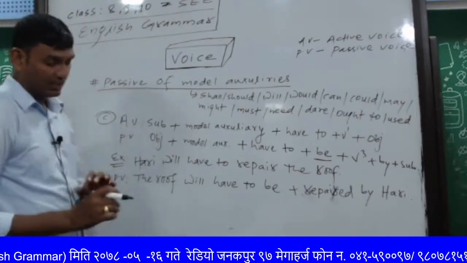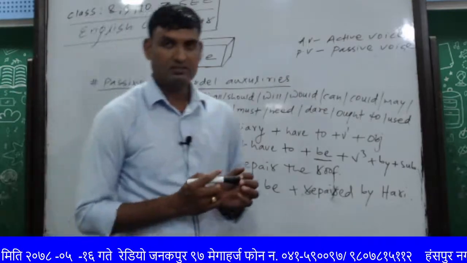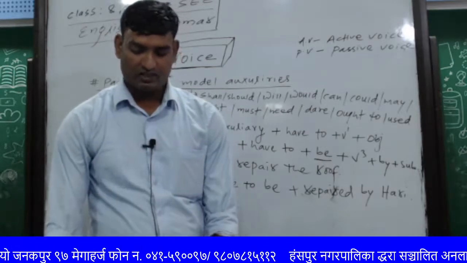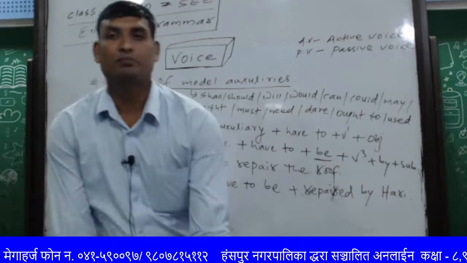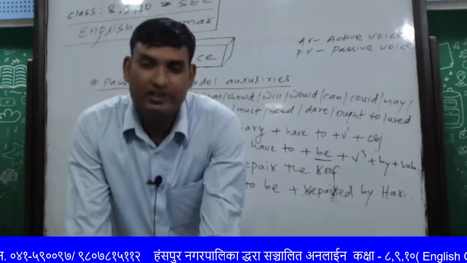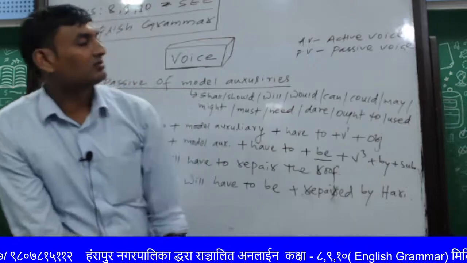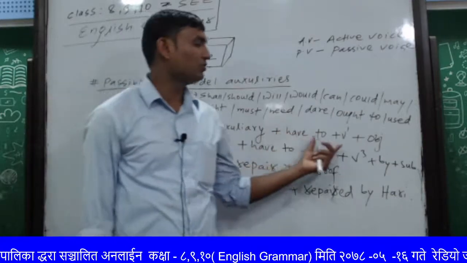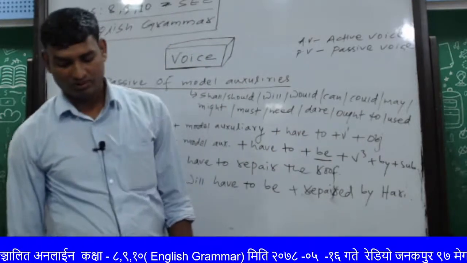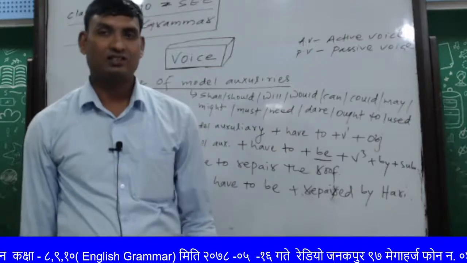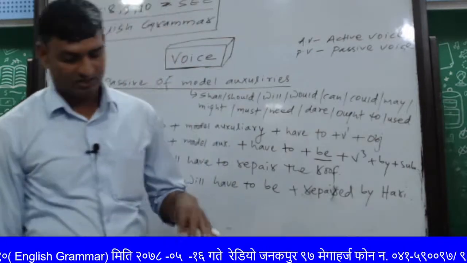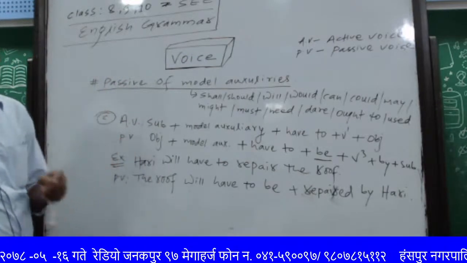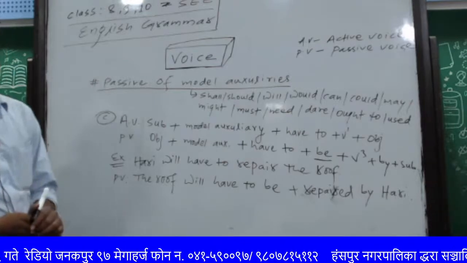So this is about the modal auxiliary verb. In the first model we had discussed, subject plus model plus V1. Then the second, subject plus model plus have plus V3. Then the third one, subject plus model plus have to plus V1. So how can we change active voice into passive voice? We have got all the things. Then dear students,